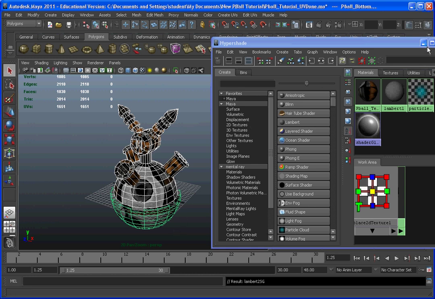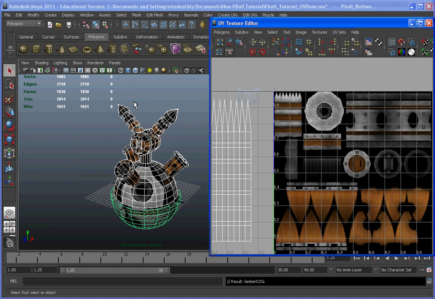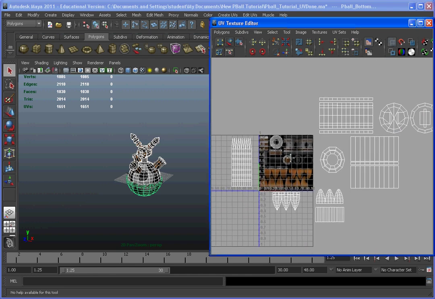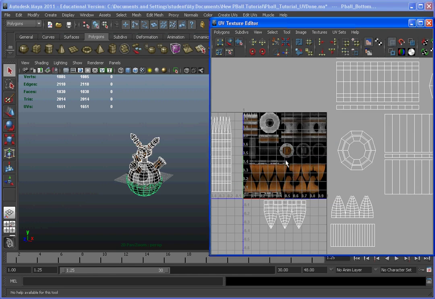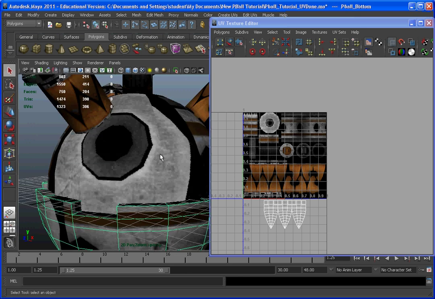With that done, we can minimize the hypershader, and we can open our UV texture editor, and we can start lining our pieces and parts that we've laid out up with everything we've done here. Now I'm going to start where I've started on all of the tutorial, and I'm going to start with the